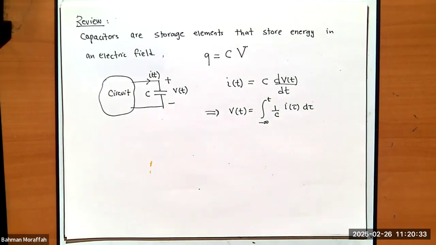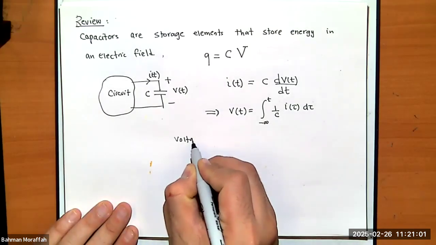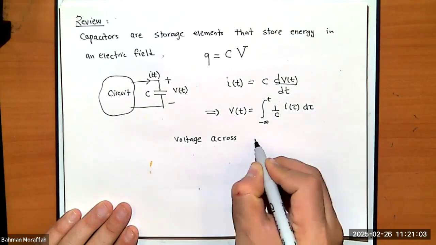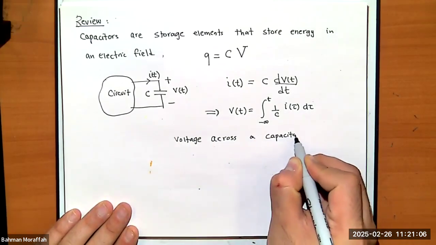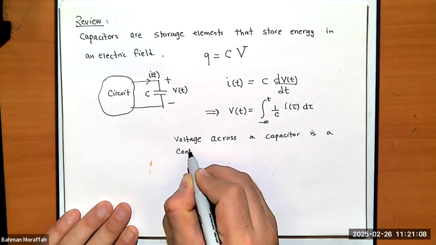We also talked about if we wanted our initial condition not to be negative infinity, we just needed to break down the integral into two integrals and write that portion in terms of the initial condition. We said since voltage across a capacitor is written in terms of an integral, it is a continuous function. So voltage across a capacitor is a continuous function,